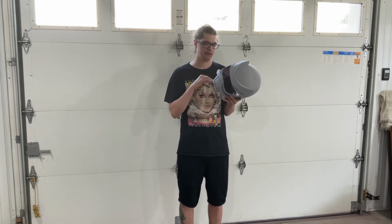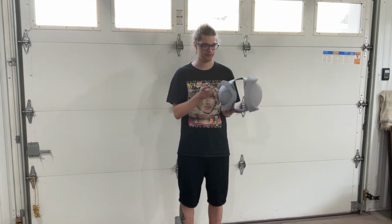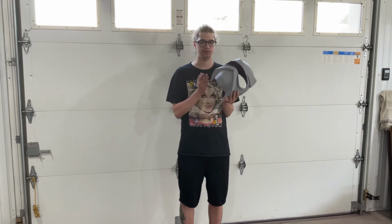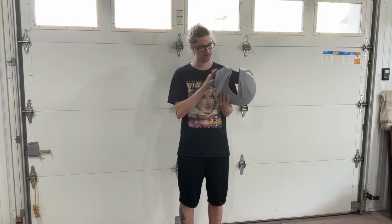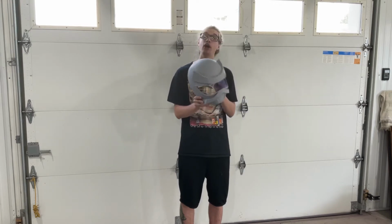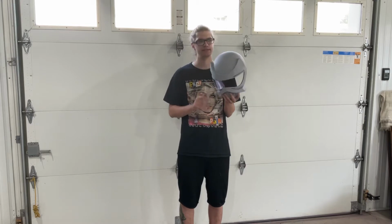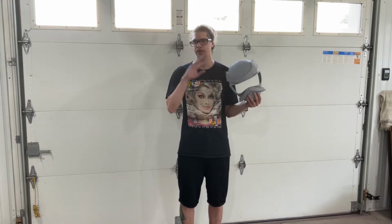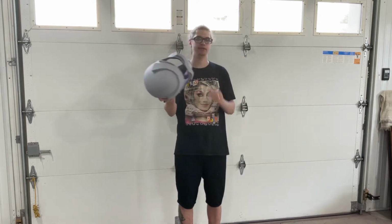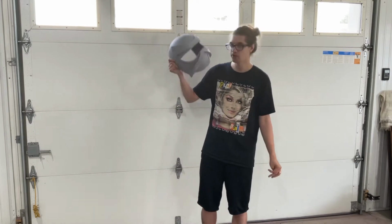glazing putty and then sanded it, primed it, see what we gotta keep filling under here and stuff. I couldn't get all the support material off, so slathered some glazing putty on it, covered it up, and we'll fill it, sand it, and we shouldn't even notice, hopefully. But yeah, we're gonna get some more glazing putty on this now, and then we'll continue as usual. You'll see me get there, and then we'll put more putty on this, or sand probably at that point. But yep, hopefully it turns out all